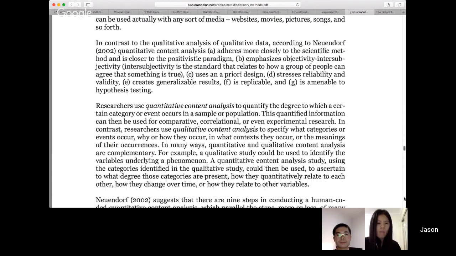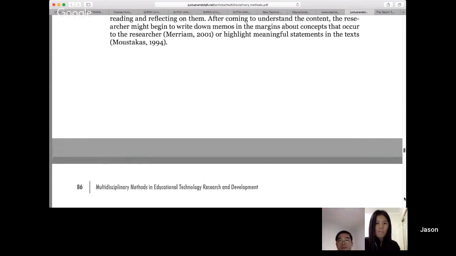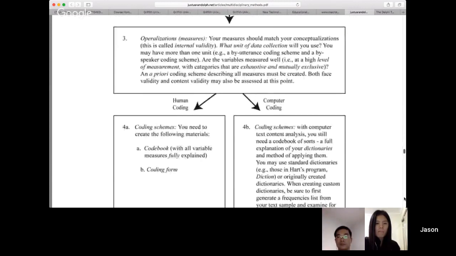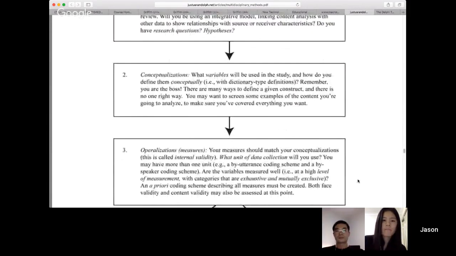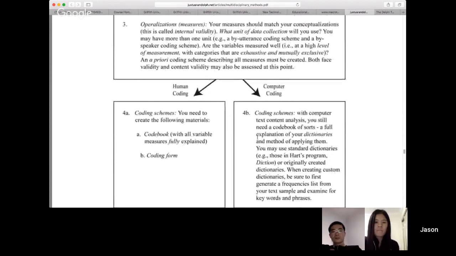Now, quantitative is a bit easier because there's some very specific, well-established ways of looking at the data and determining meaning from that data. Qualitative is a little bit more open, and it allows us to engage with the data in different ways. But generally, for qualitative, there's some process of coding the data, identifying some elements of that data, categorizing it, some aspects that we want to actually draw from the data.